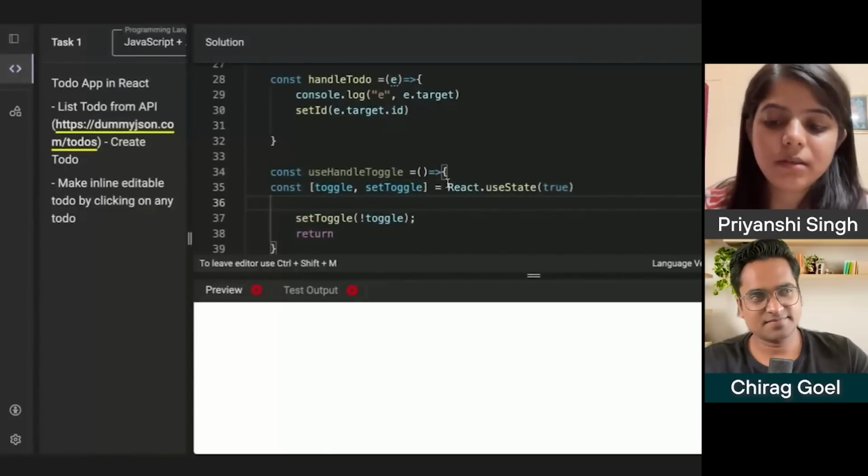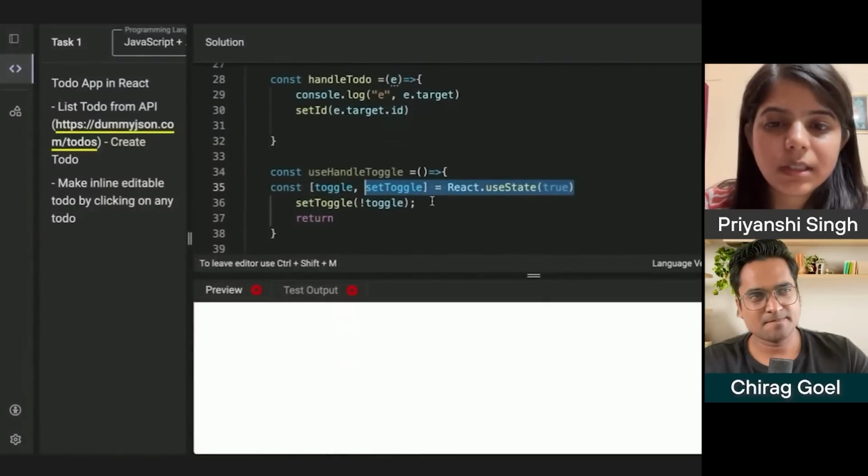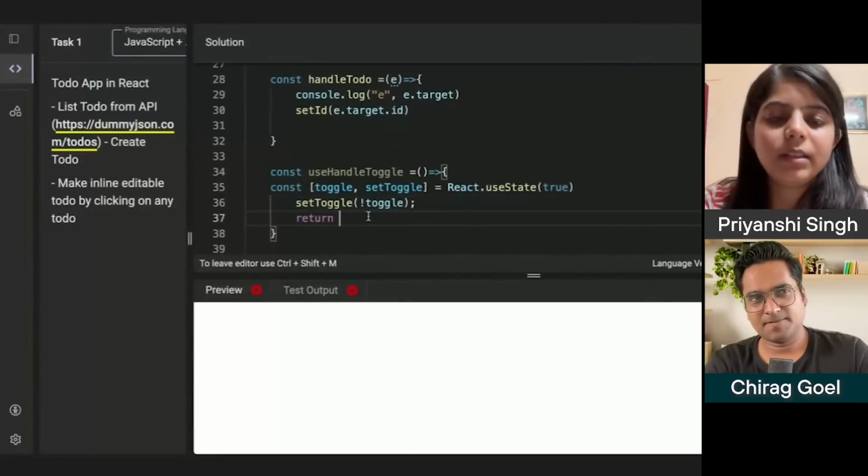This thing here. Instead of use state, we can just have a toggle and then we can return